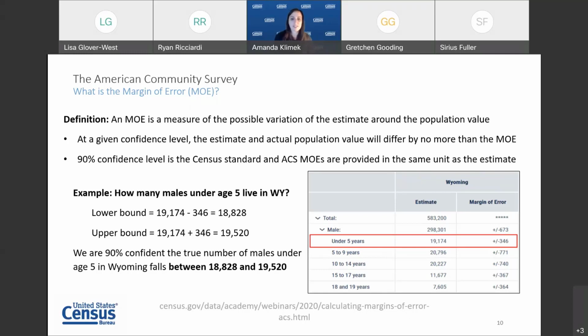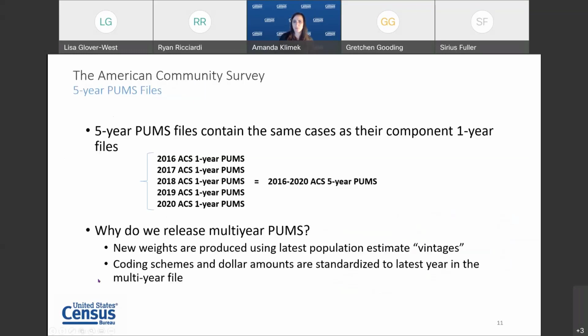The Census Bureau uses a 90% confidence interval as the standard in all published tables. In February 2020, we had an informative webinar on how to calculate MOEs using PUMS data. You can find the recorded webinar and associated transcript on Census Academy's recorded webinar page, which is linked on this slide.